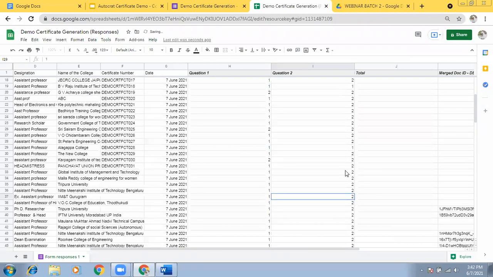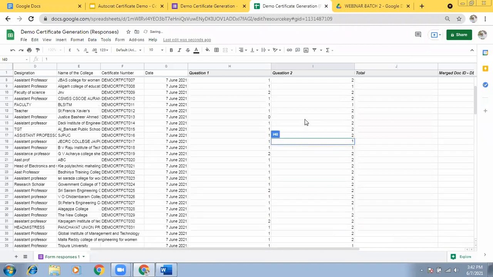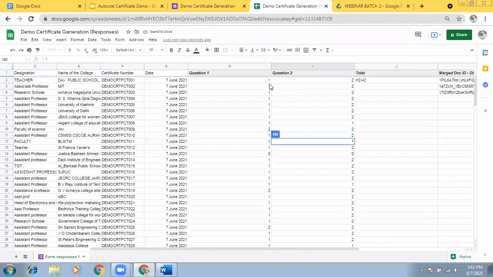I hope you are not bothered. Now 2 questions were of 2 marks, so maximum mark will be 4. Maximum mark must be 4 only.